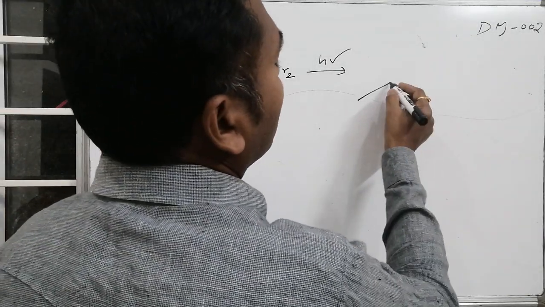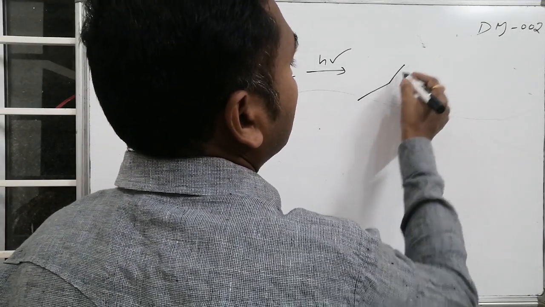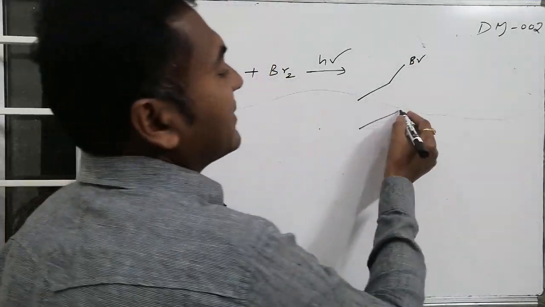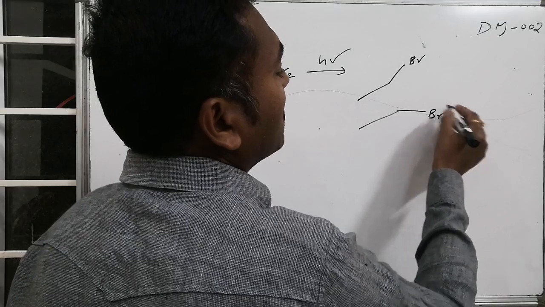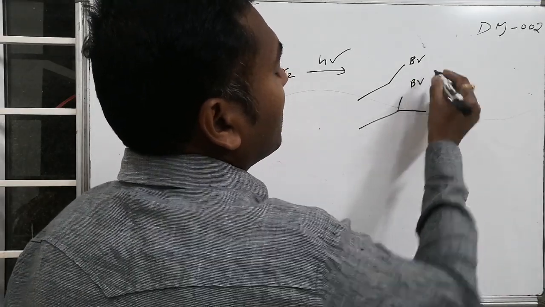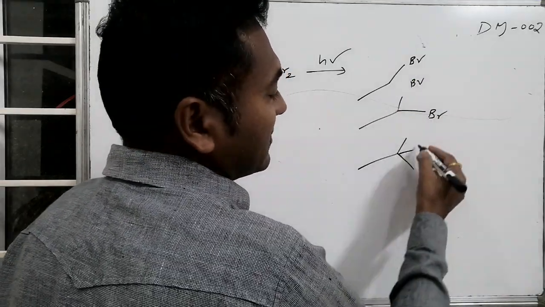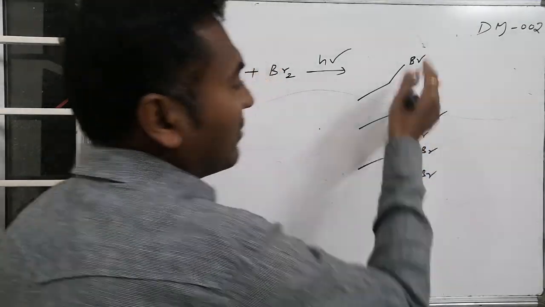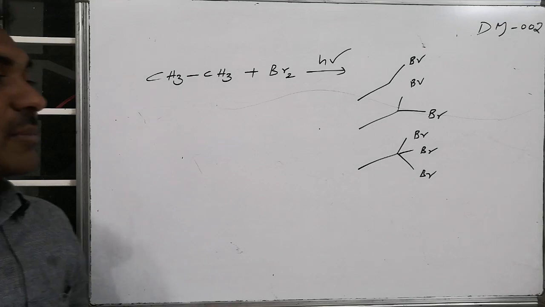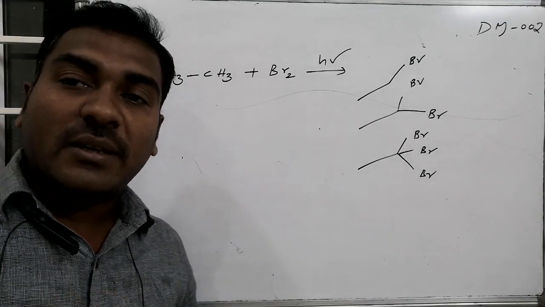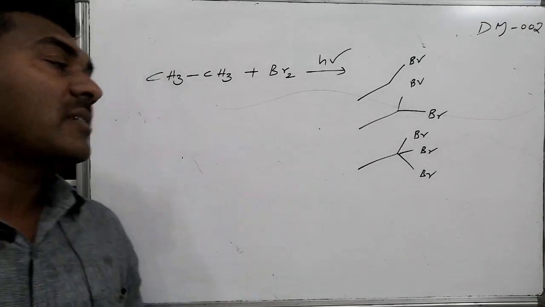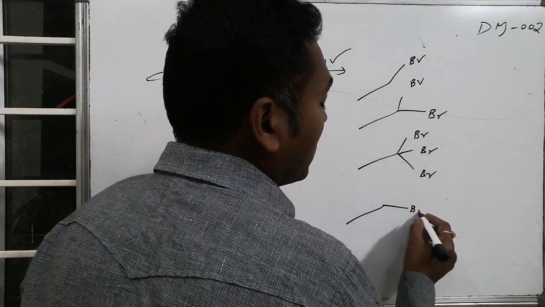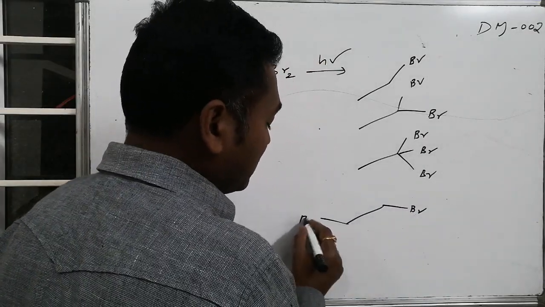get ethane like this, consisting of one bromine. We may get ethane like this, having two bromines. We may get another possible product having three bromines, that is 1-bromoethane, 1,1-dibromoethane, 1,1,1-tribromoethane, followed by, suppose if I take 1 bromo followed by 2 also bromo, 1